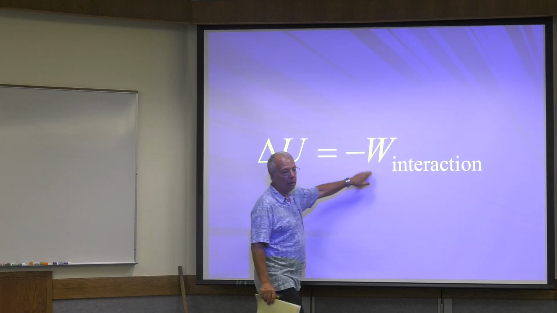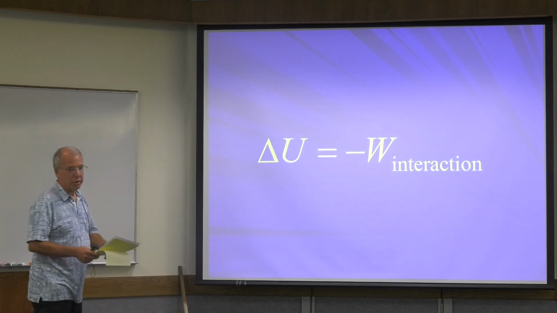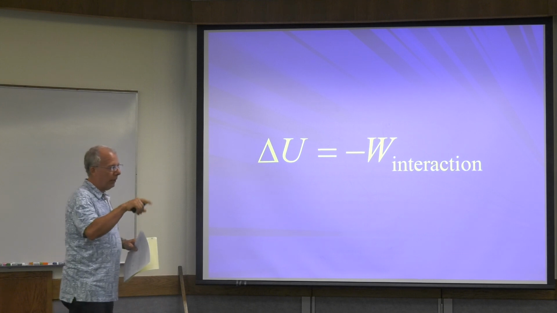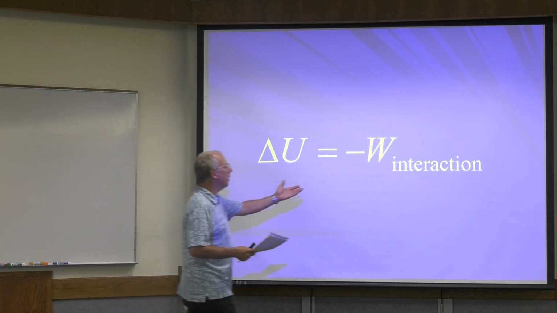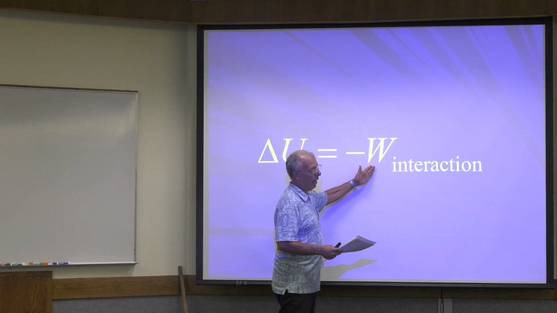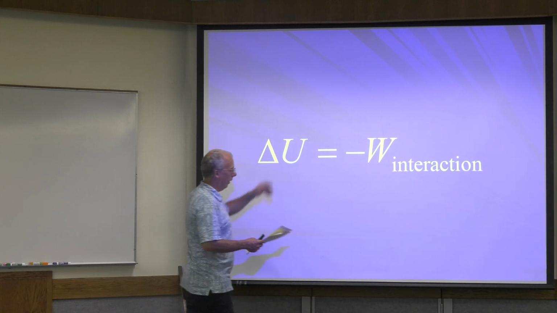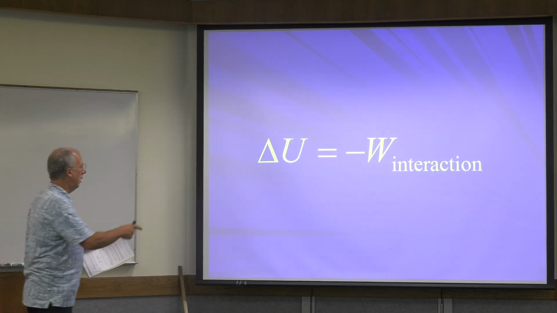That sound familiar? We said something similar to that in chapter 9, when we talked about the change in thermal energy. The change in thermal energy was equal to minus the dissipative work. It's easy to calculate work. We saw that last chapter. So if we can get a relationship like this, it's easy, so we can figure that out. So it's nice. So here's just a quick example of using